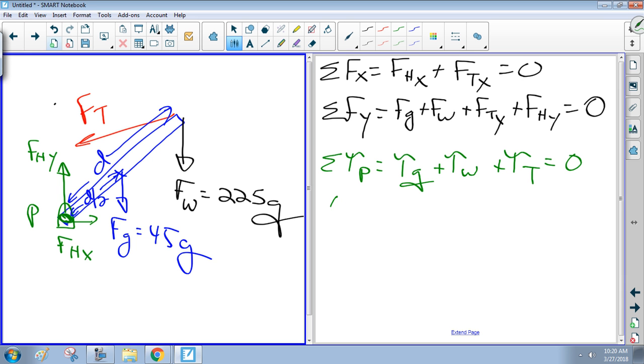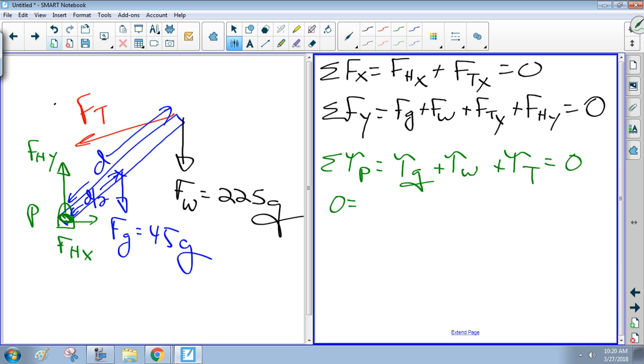So our net torque is 0. The torque from gravity. I guess you could do some trig and find this horizontal distance. But I know I'm going to have to do some trig to deal with this tension thing. So I'm just going to do FD sine theta for all of them. Everybody okay with that? All right, so if I do that, for gravity, my force is 45G. My lever arm is D over 2 times the sine of